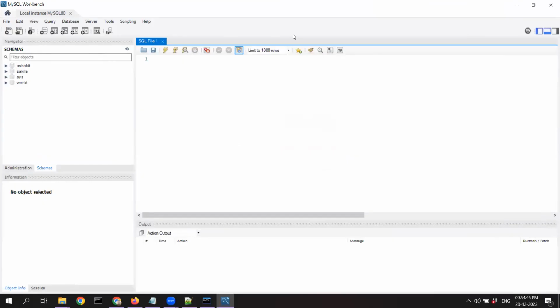Praveen, I will tell you how to clear the screen in MySQL. I will tell you what the command to clear the screen is as well. On the left hand side, once you open the command prompt, the